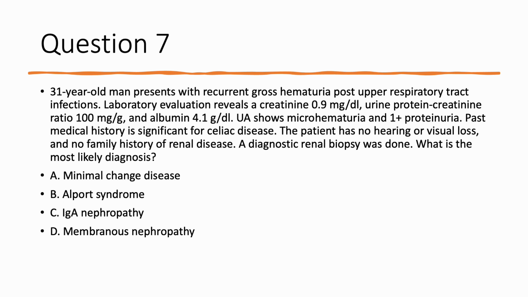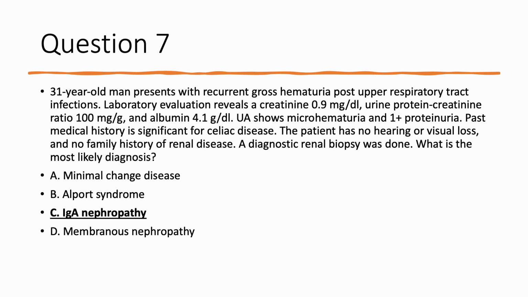Past medical history is significant for celiac disease. The patient has no hearing loss and no visual loss. The patient does not have family history of renal disease. A diagnostic renal biopsy was done. What is the most likely diagnosis? A. Minimal change disease. B. Alport syndrome. C. IgA nephropathy. Or D. Membranous nephropathy. You can pause the slide here for a second, and the answer is